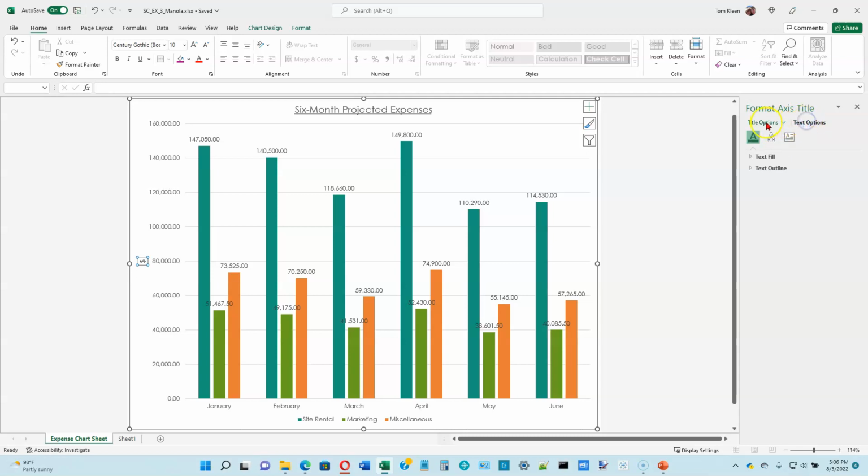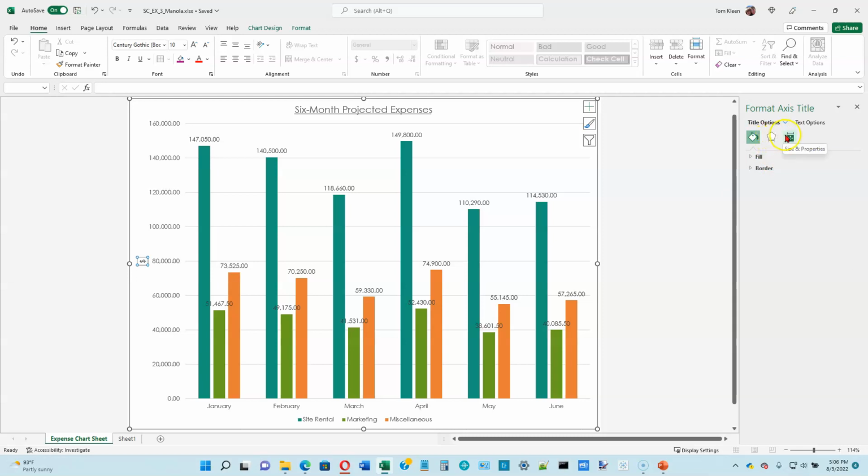When I click on text options, these are like 2 separate tabs or 2 separate sheets. And when I click on title options, I've got some options underneath that. Depending on which one of these icons I click on, my options below are going to change. The same thing applies to text options over here. I get these icons, and whichever one I click on determines what's going to appear for my options down below. So we want the title options tab,